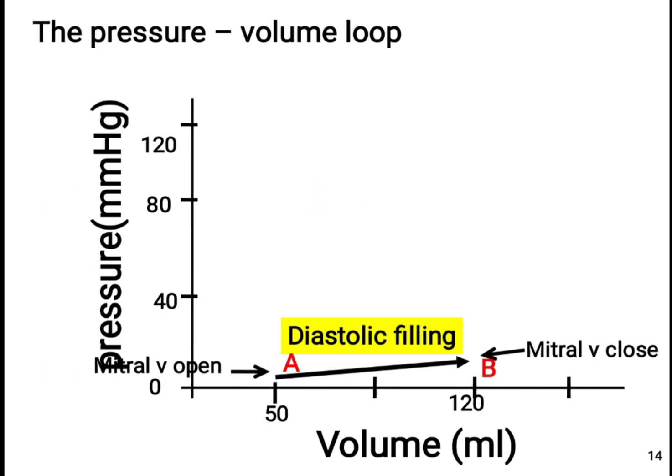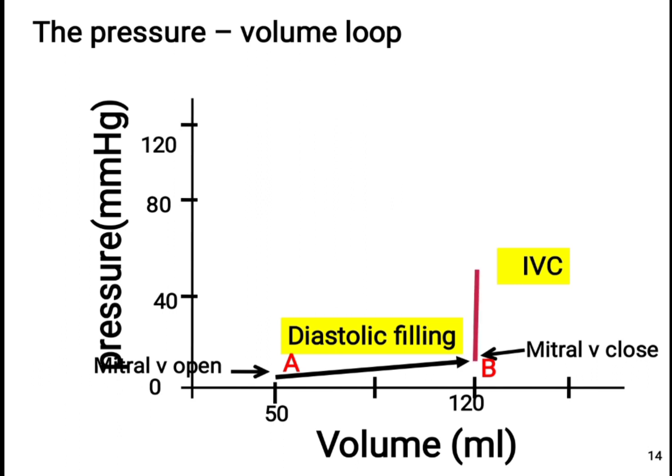rapidly changing, running from 50, which was our end systolic volume, up to 120, which is our end diastolic volume. And that period of refilling ends when the mitral valves close at B. So when finally they close, we go into a phase known as the